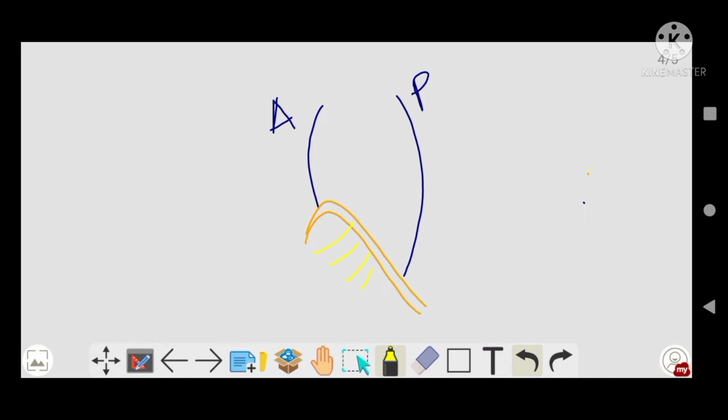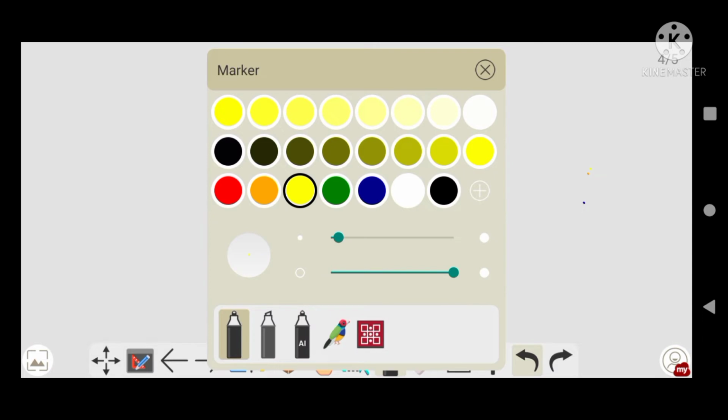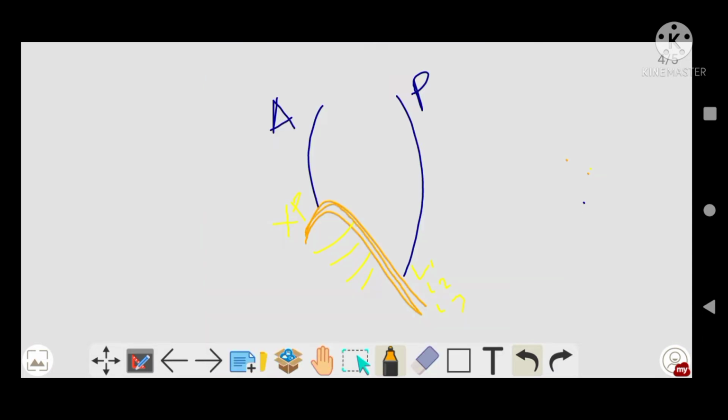And this is your xiphoid process, right? And this I can say your lumbar vertebra, L1, L2, L3. Now this is your diaphragm. See, the anterior portion is a little up, the posterior is a little down. This concept will apply as we move forward in the slides, right? So remember that the anterior portion is a little up and the posterior portion is a little on the lower side. This is when we view the diaphragm laterally.